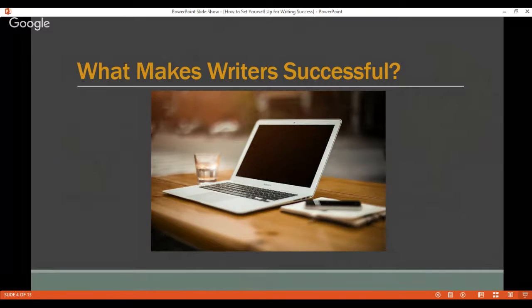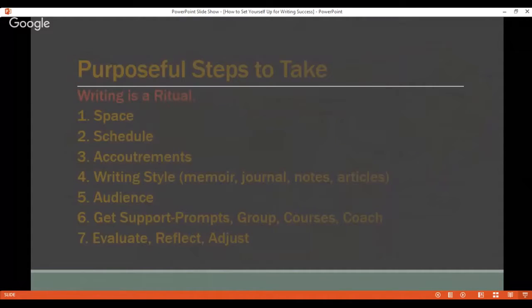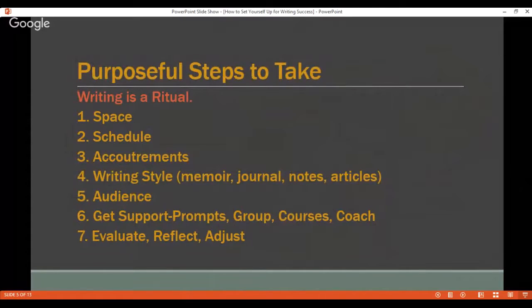And that's what I'm going to talk to you about today, is to look at how can we make writing into a ritual, okay? If we make writing into a ritual, we can make it so that it's easier to go to our writing. It's easier to continue with our writing. It's easier to stick with it, and we'll be more successful overall, okay? And these 7 steps that I've got listed out here for you, I'm going to address each one individually, but these are the steps that I've identified that can help you to take this idea of writing and your goals around writing and to make that into a ritual. So therefore, to make it successful.